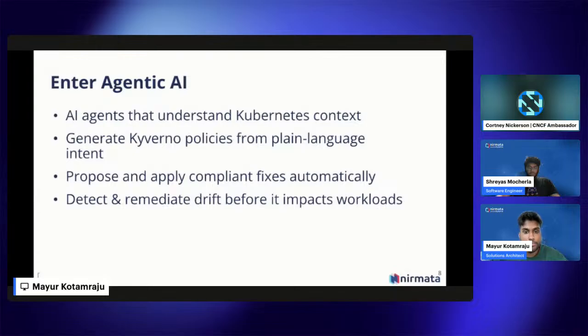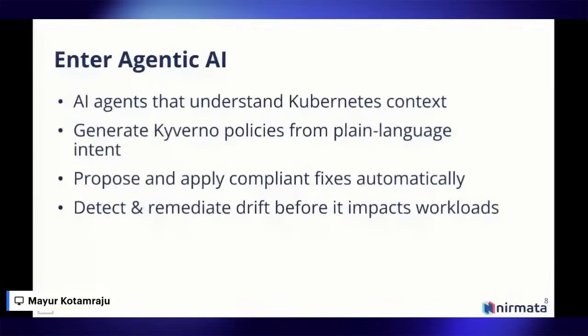Agentic AI brings that autonomous, context aware behavior to cloud native environments. So instead of manually crafting every Kyverno policy, you describe your intent and the agent generates it for you in the right YAML format, ready to be enforced. When a violation does happen, instead of engineers digging through all those logs, you can just ask the agent to explain rejections in plain text, and even produce a compliant manifest to fix that issue. That same intelligence can also watch for drift and propose or apply fixes before production is ever affected.